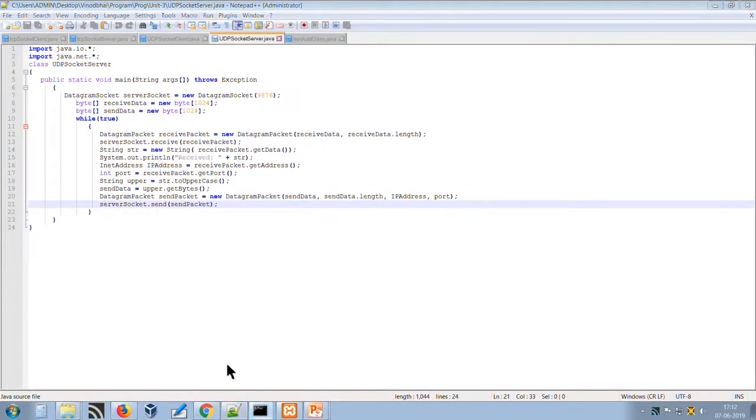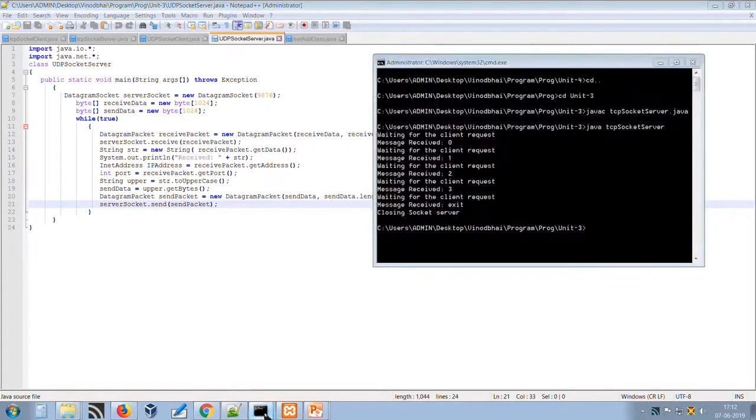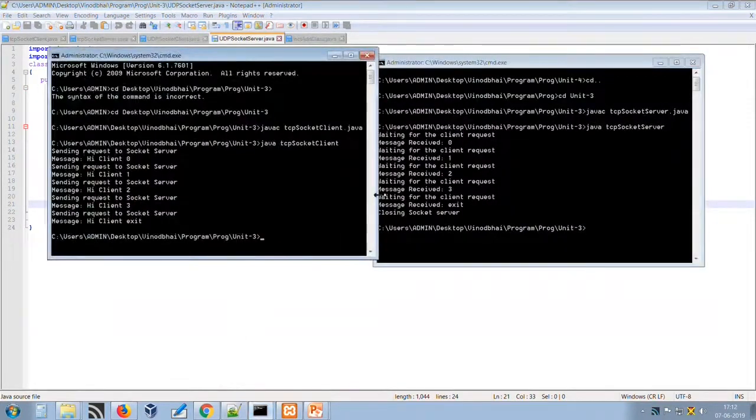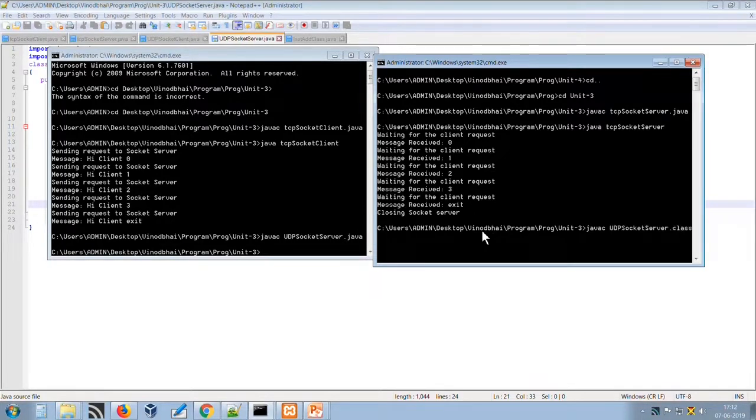Now let us have a test in the client server environment. Here we will compile javac UDP server socket, okay. Here we will compile the UDP client, okay.